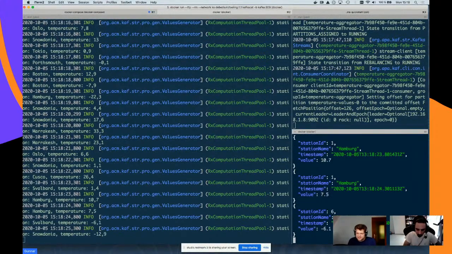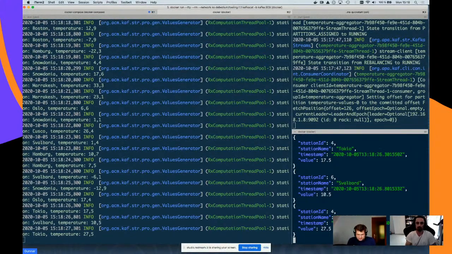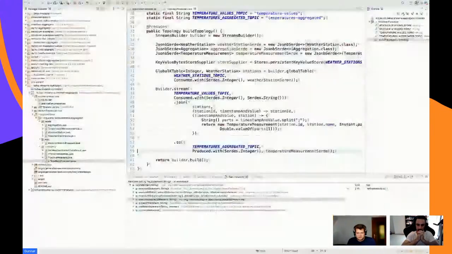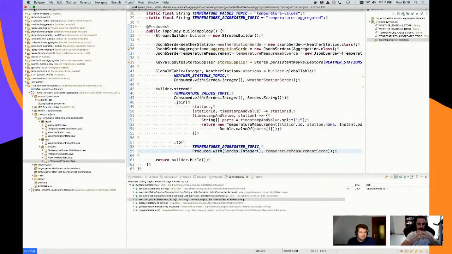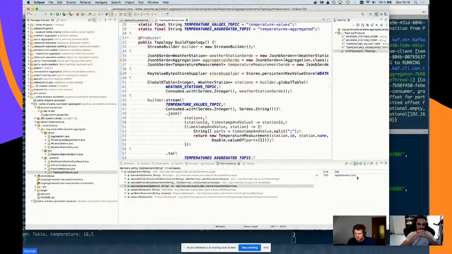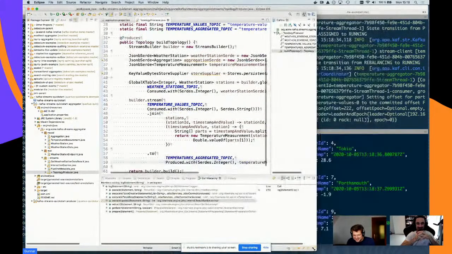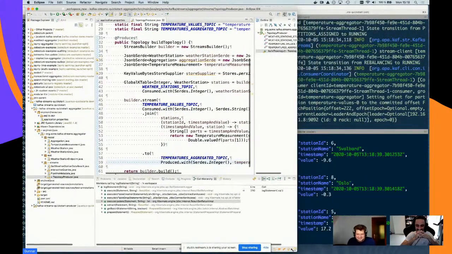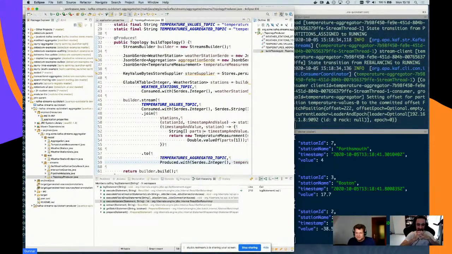Now the idea is I can keep going now and work on this application logic. So let me go back to Eclipse and let me make this a bit smaller. I feel like my machine must be exploding every minute. I hope it will survive. So let's see. Closing that one.